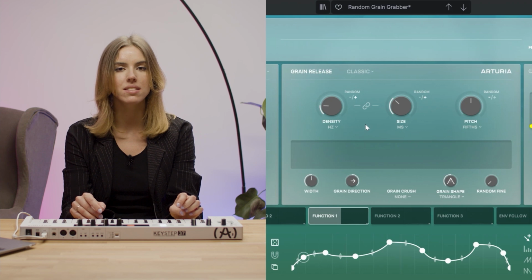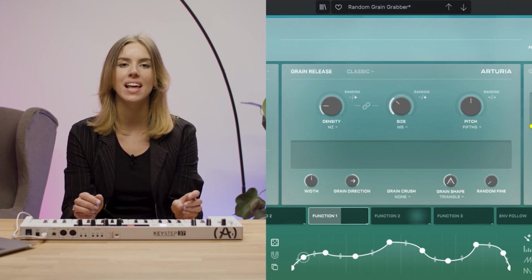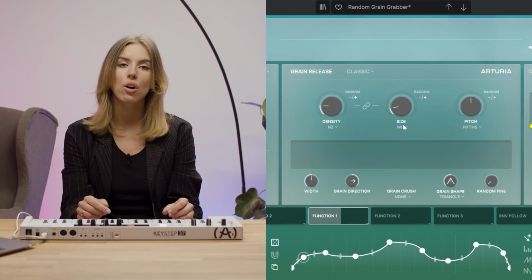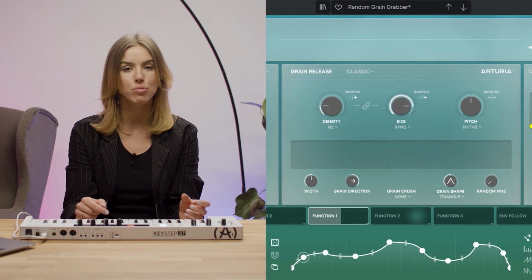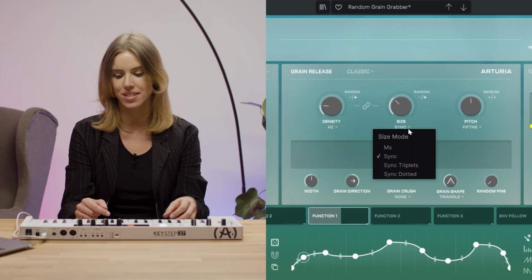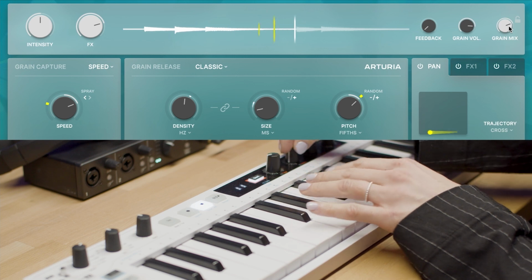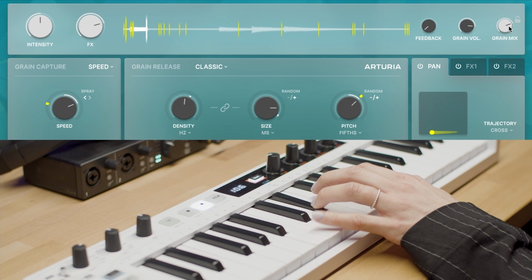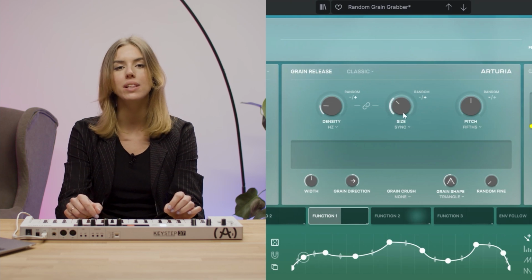Right next to the density knob, you can find the size control. This one simply defines the length of each grain, which you can set either in milliseconds or using subdivisions when synced to the master tempo, including triplets and dotted modes, like this. These 2 controls can also be linked together.